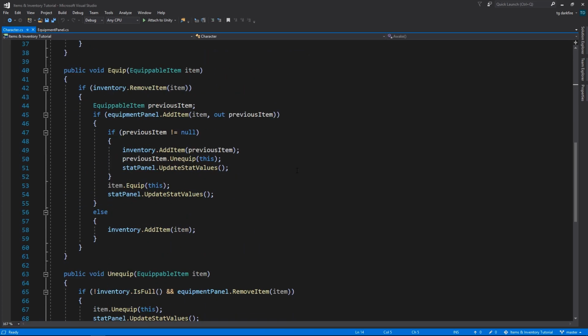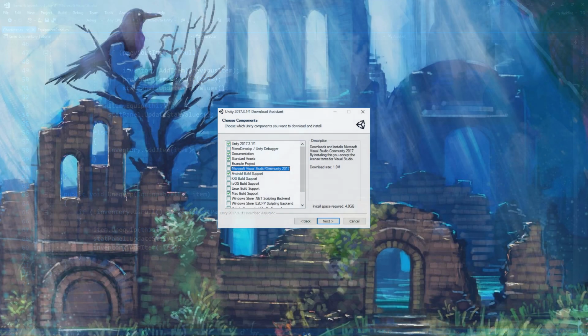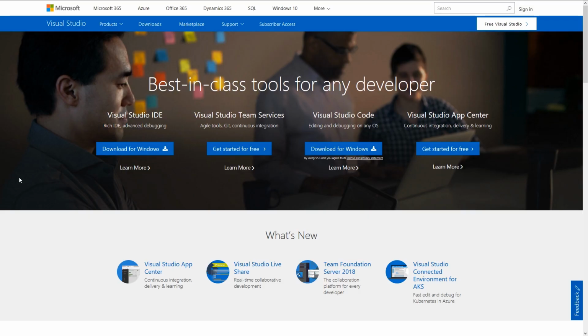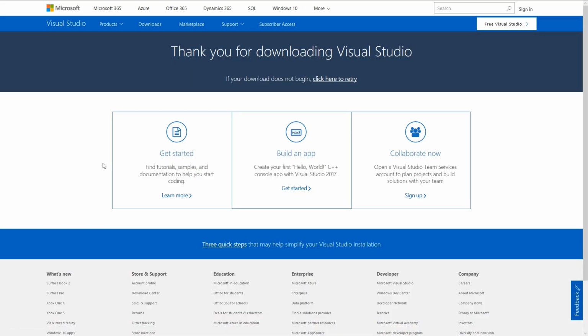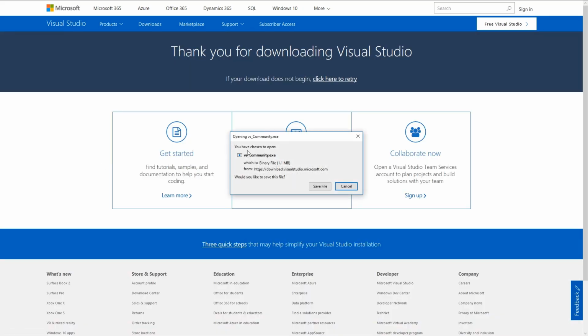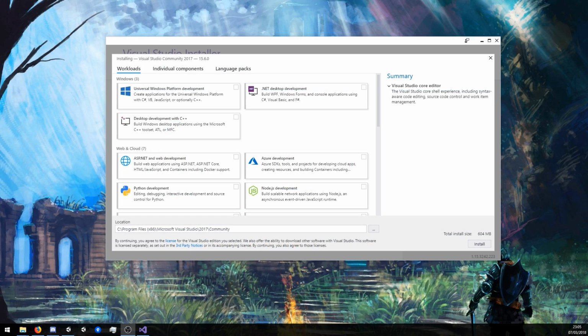We'll start by installing a fresh copy of Visual Studio. When you run the Unity installer, it also gives you an option to install Visual Studio, but I usually don't pick this option. I prefer to install it myself and download it separately from Visual Studio's own site. The version that we want is Visual Studio Community 2017. The Community Edition is 100% free, but it still has all the features that you could ever want. To be honest, I'm not even sure what the other editions have that this one doesn't, but I'm fairly sure